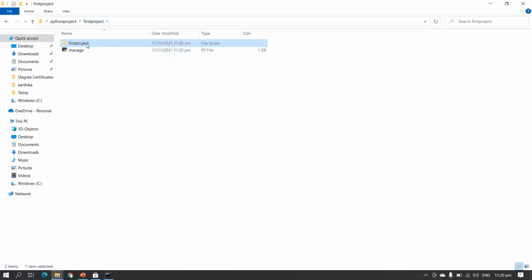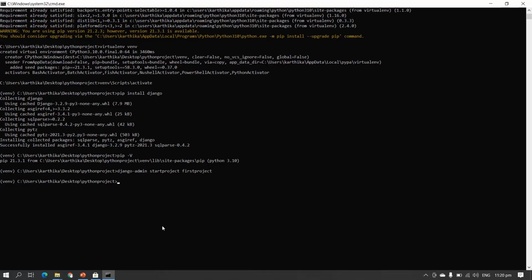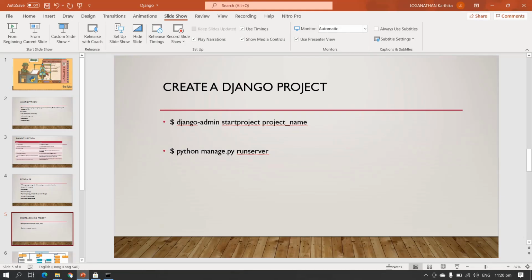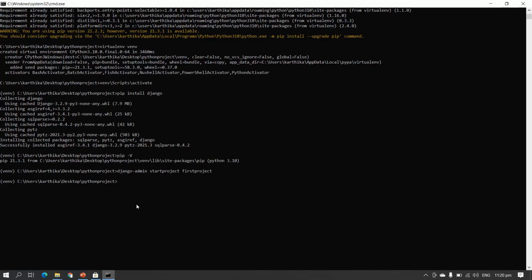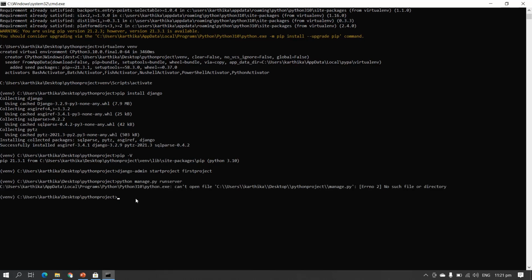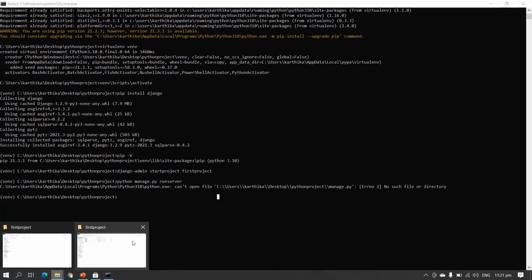To start the server, we have to write python manage.py runserver. Okay, it says it can't open. Let me check where I'm calling manage.py.